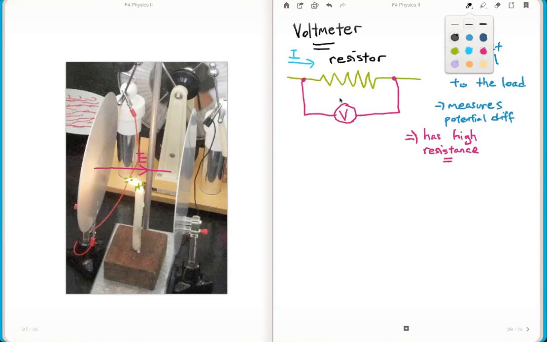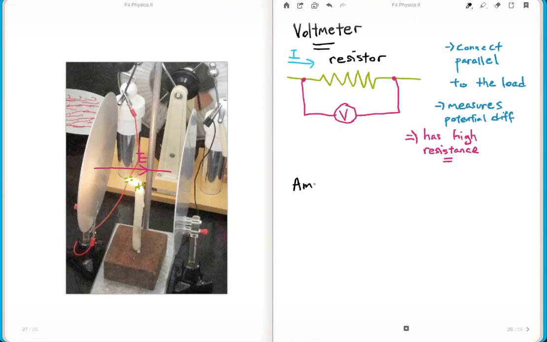The same goes with electrons. In order to prevent current from flowing through the voltmeter, one way is you increase this resistance. You make this voltmeter in such a way that it has very, very high resistance. Okay, that's a characteristic. So the next one is called ammeter, because